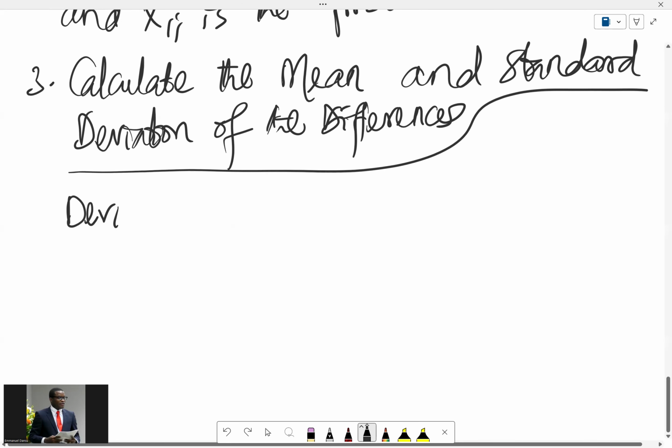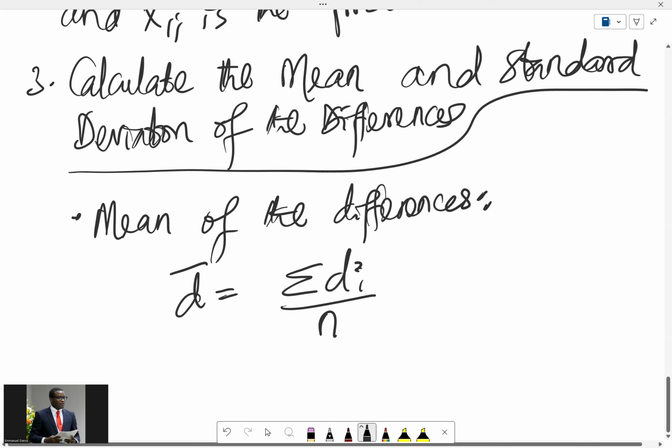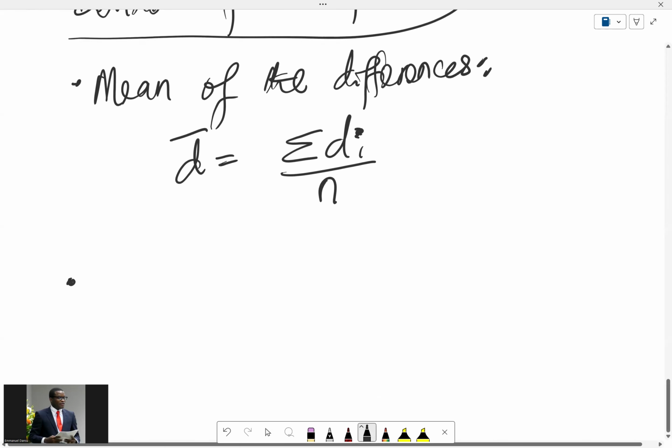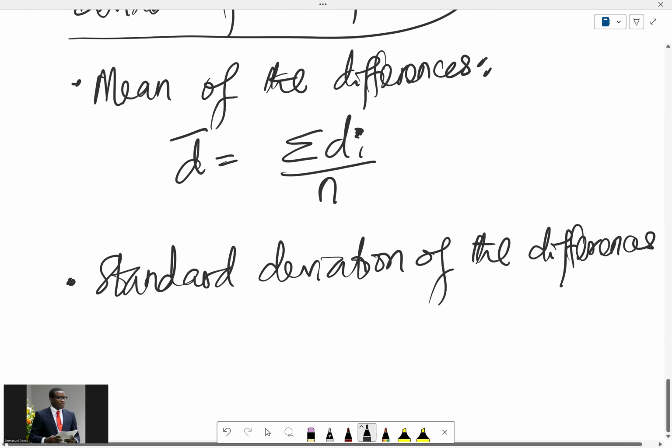So we've already talked about calculating the mean and standard deviation of the differences. First of all, the mean of the differences is such that the mean of D equals the summation of D_i divided by n. And then next we have the standard deviation of the differences. This is exactly the kind of thing you do for the paired Z